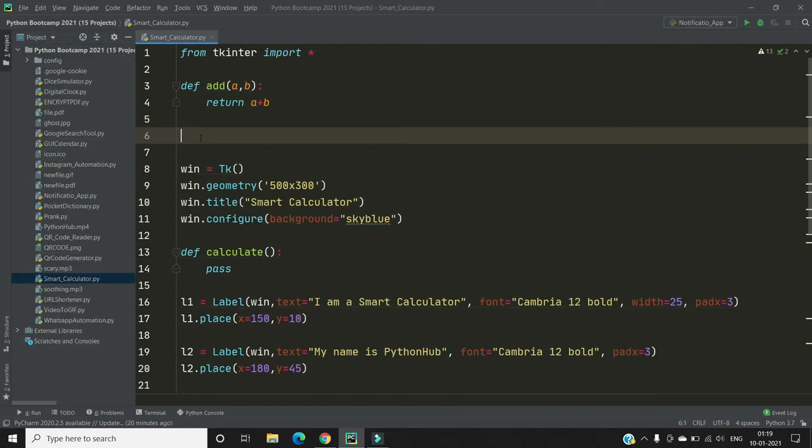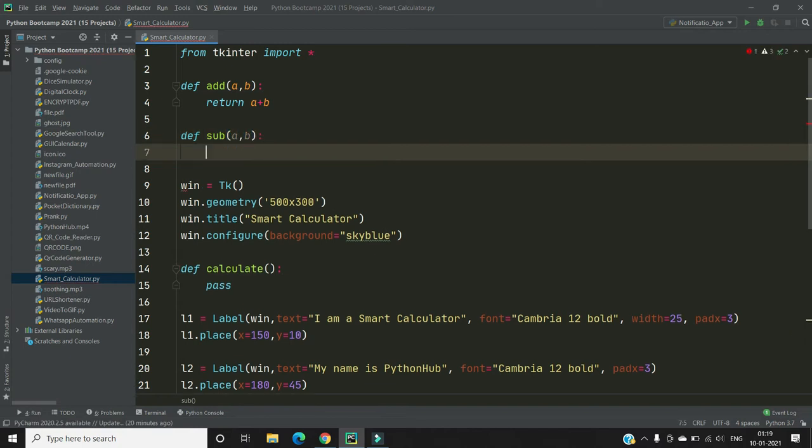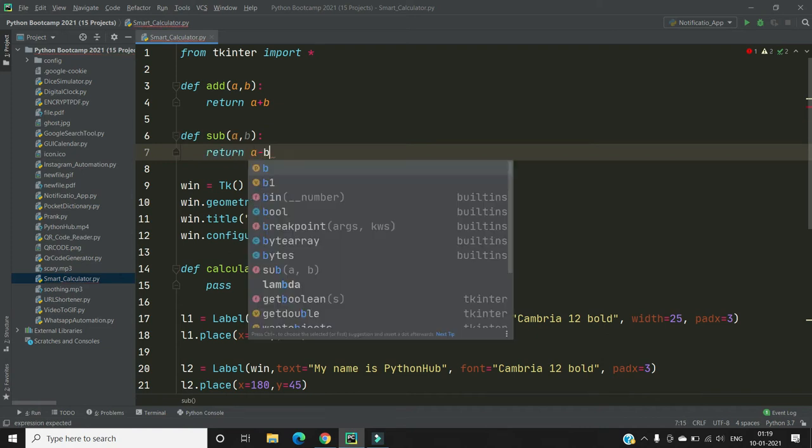Now let's define function for subtraction. So def sub a comma b, and then return a minus b,